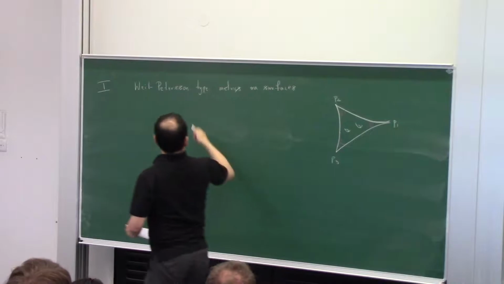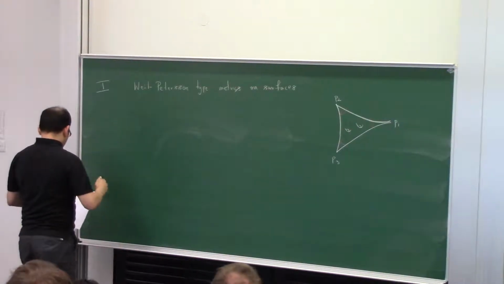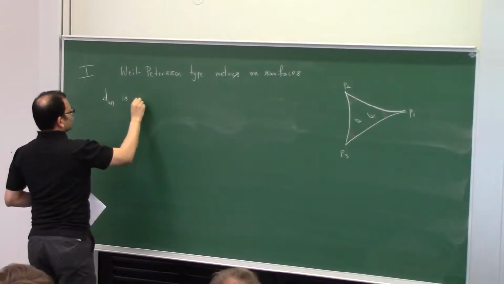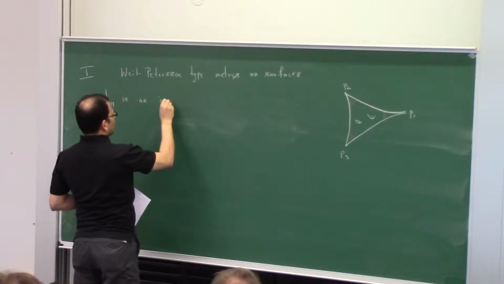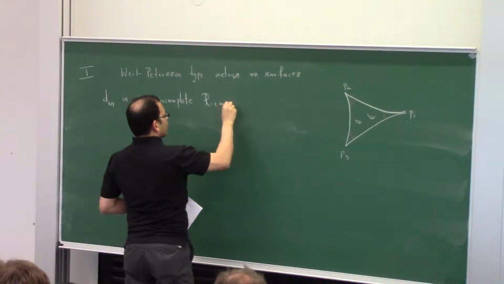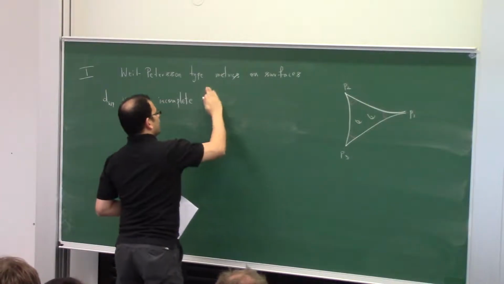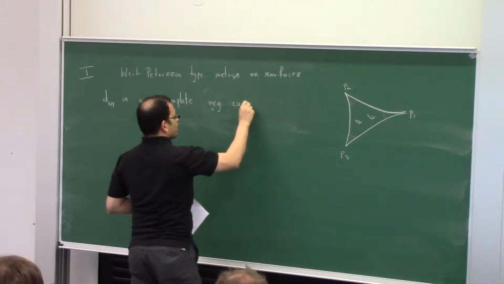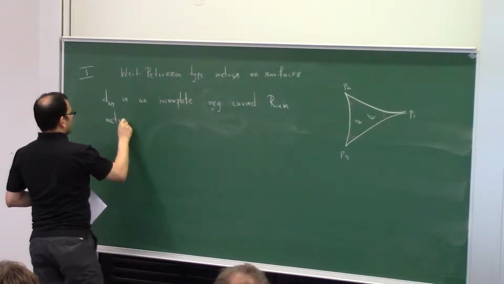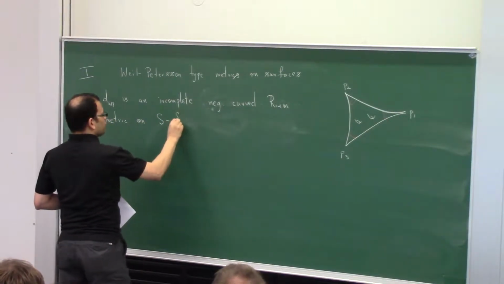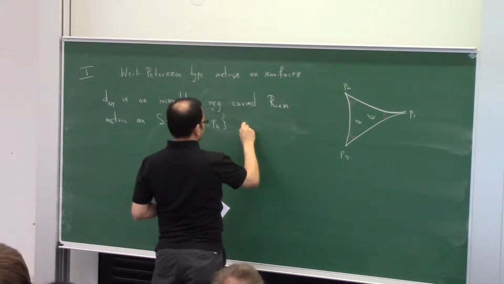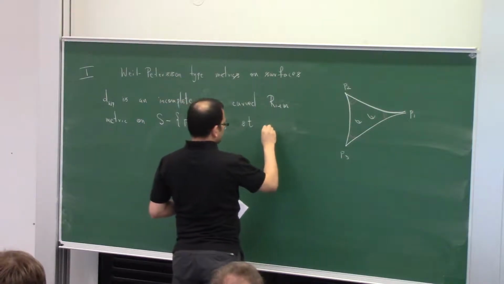The definition of a WP type metric is going to be, it's a Riemannian metric, so d_WP is an incomplete Riemannian metric. Okay, I should say a negatively curved Riemannian metric on S minus this list of points such that the completion is S